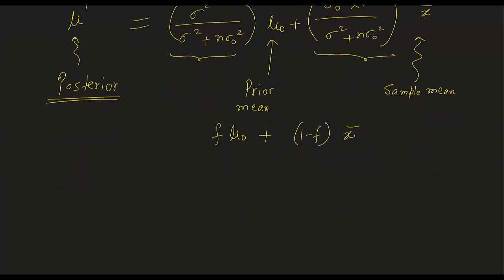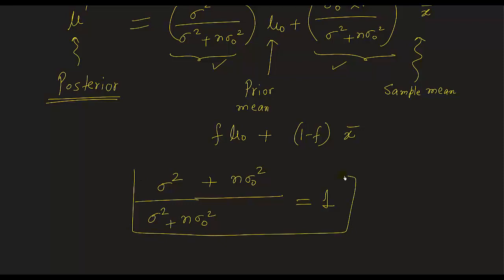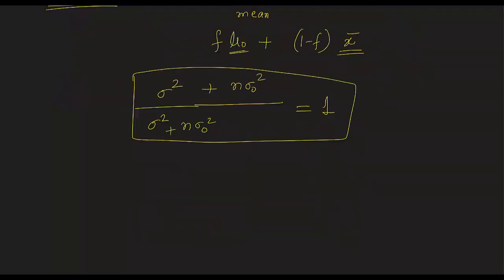Why am I writing 1 minus f? You can see if you sum this term and this term, sigma square divided by sigma square plus n sigma naught square, and both have the same denominator, so this will simply become the denominator. So this is equal to 1. That means my posterior mean is some fraction of prior mean and some fraction of sample mean. One important consideration is about this fraction f, which is equal to sigma square divided by sigma square plus